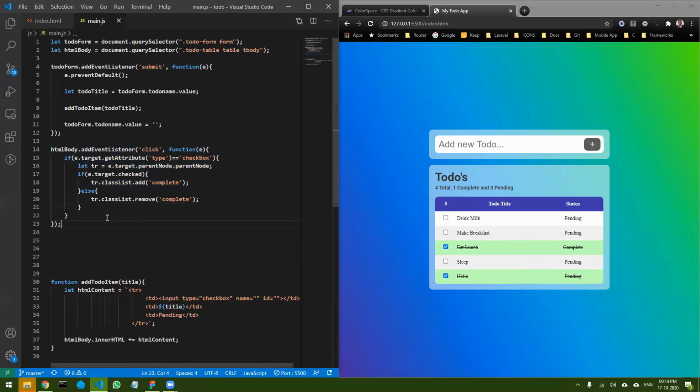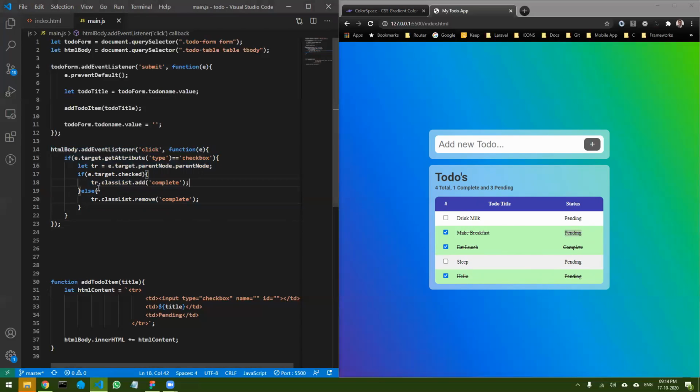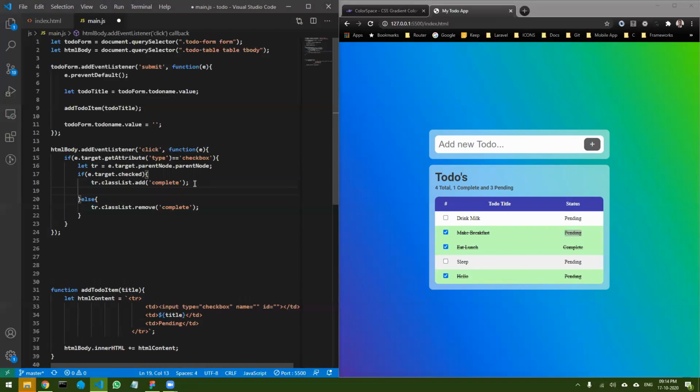Now the next thing that I want to do is, so everything looks perfect, but when I do check, this is still saying pending. Okay, so I want it to say complete. So now how to do that? So I have the tr. Okay, so I want to get the child of that particular element. So for that I can just say,